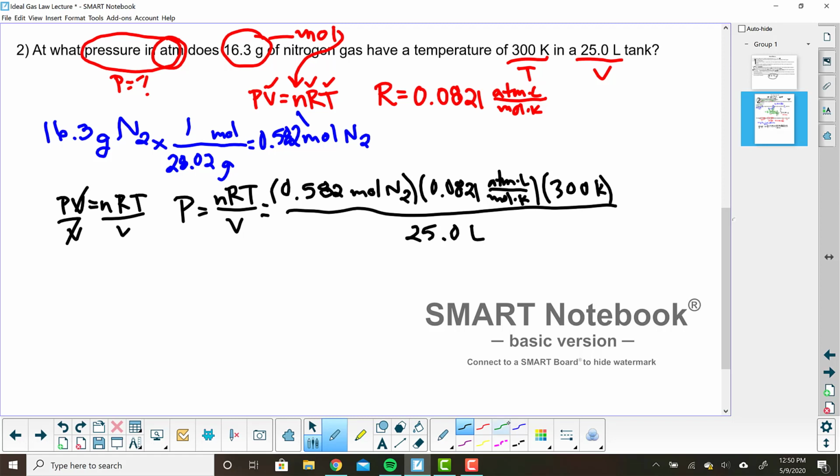Again, let's take a quick look at our units. Moles will cancel out because in this complex unit, the moles are in the bottom and here they're in the top. The Kelvin will cancel out for the same reason. And then the liters, that's in the numerator of the numerator, so it will cancel out with anything in the denominator there. And we should be left with atmospheres. And then we just need to calculate it. So we multiply across the top and then divide by what's in the bottom. And our answer is